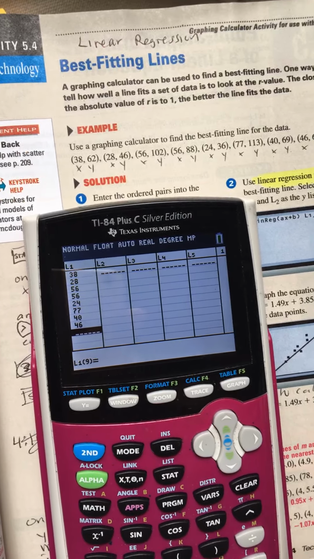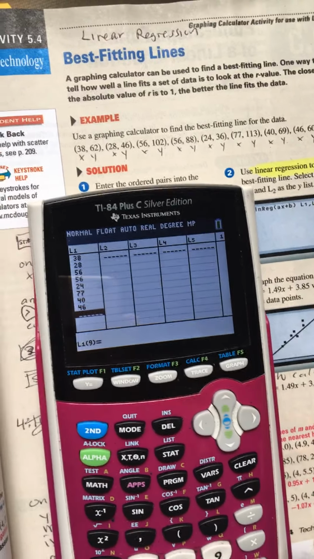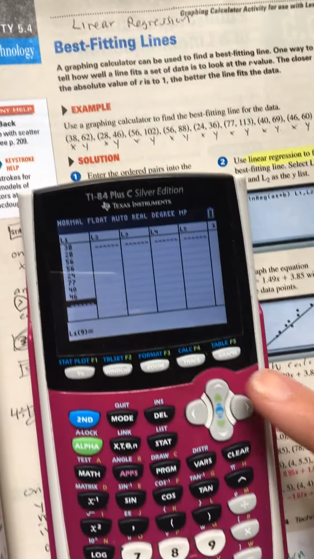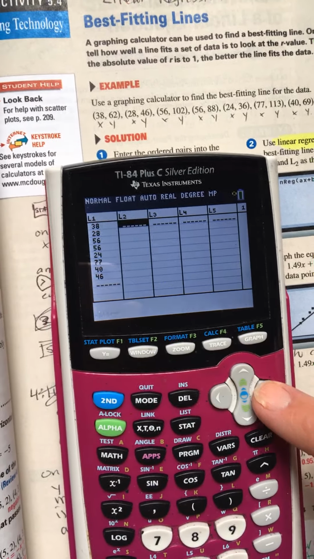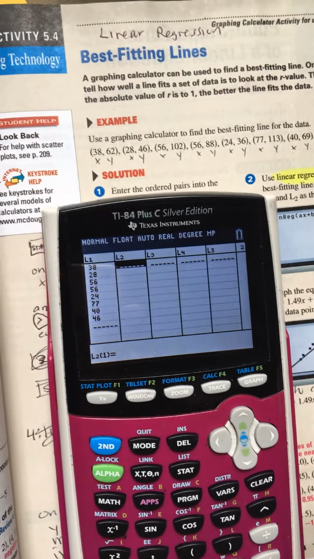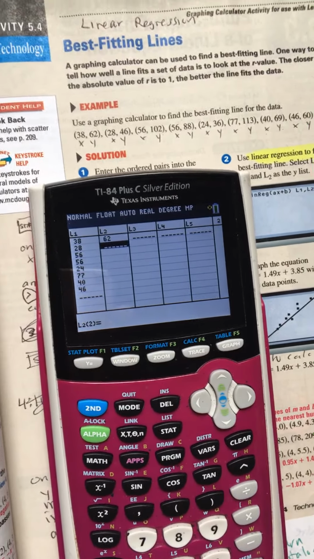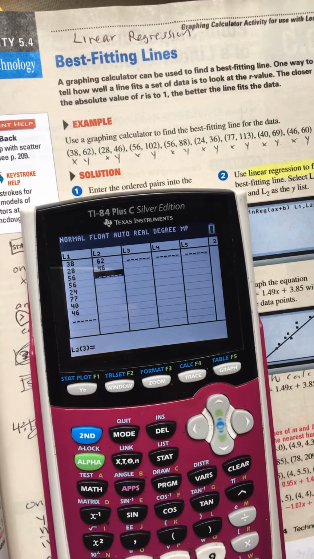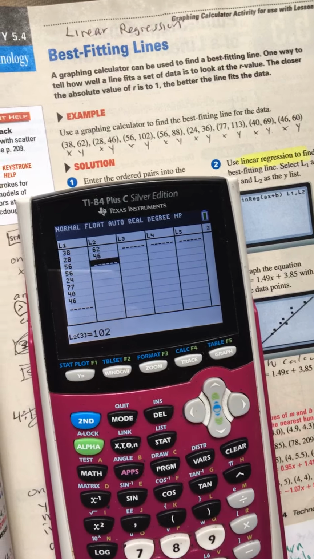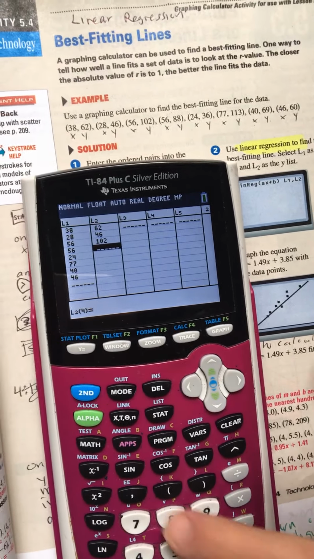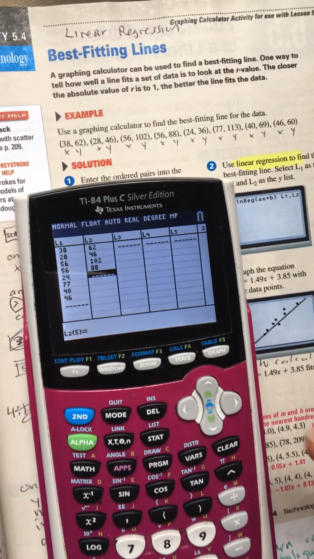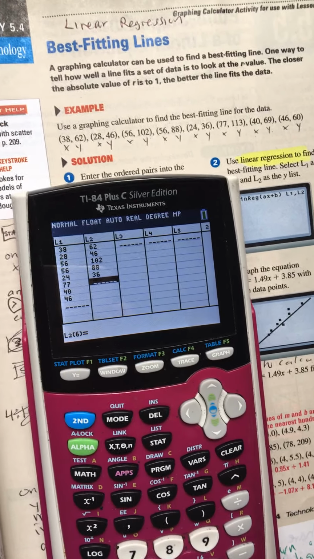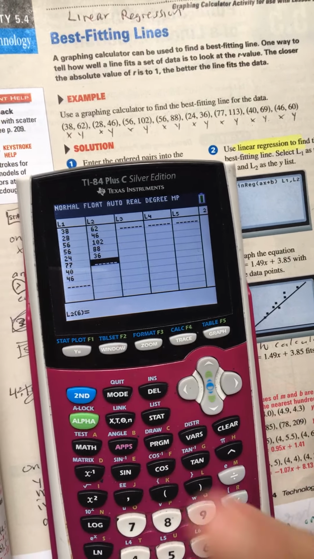All right, so there's my X's. Now I'm going to arrow over. I'm going to use my arrow keys here and arrow over to list 2, and I'm going to put in my Y's. 62, 46, 102, 88, 36, 113,